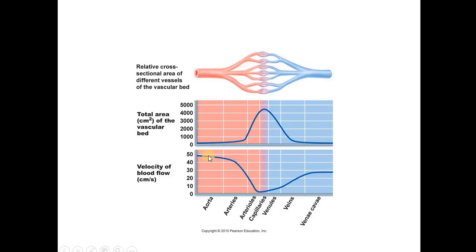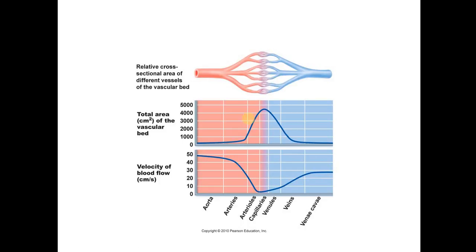So you can see here, velocity of blood is fastest in the aorta. It slows down as it gets towards those capillary beds. This complements the function. The capillary bed is the place where gas is exchanged. I'm dropping off oxygen, picking up carbon dioxide, and so forth. Since that is taking place in that area, you don't want blood to go through there too fast, because you want to give things time to exchange. So it makes sense for things to slow down as it reaches the capillary bed. After the exchange takes place and it's going through the veins, then the speed will pick back up to the vena cava, leading into the vena cava and going into the